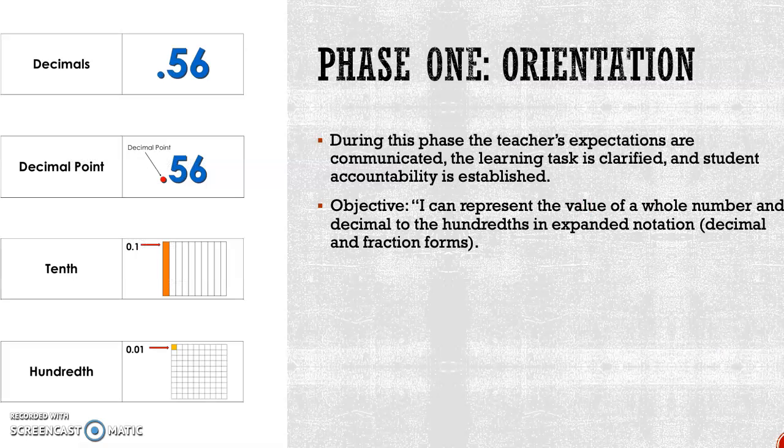So phase one of this model is the orientation. During this phase, the teacher's expectations are communicated, the learning task is clarified, and student accountability is established. So in this phase, generally I would basically,